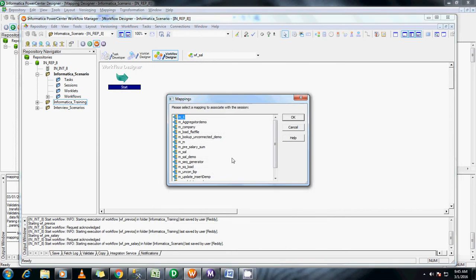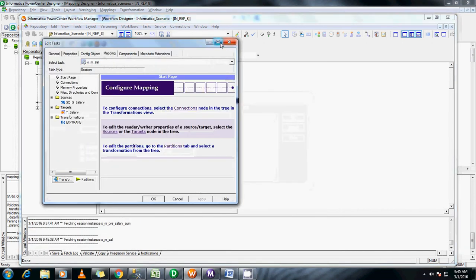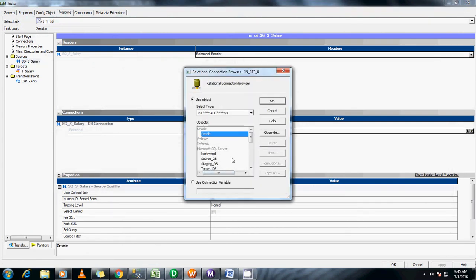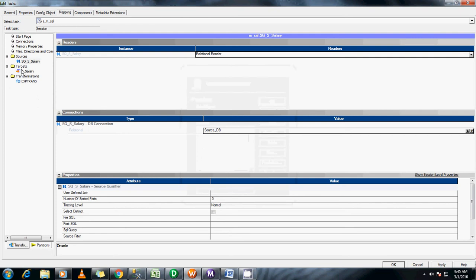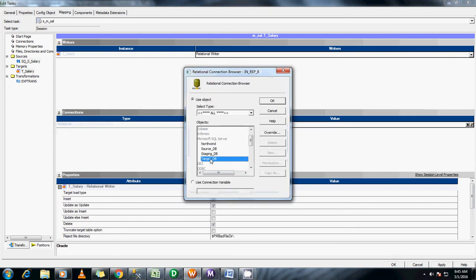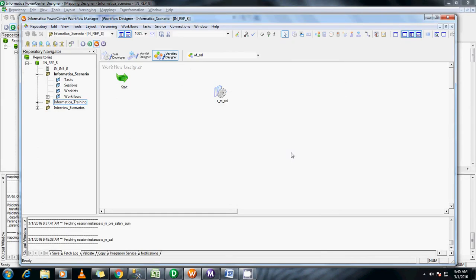Create a mapping. Change the connections to the respective databases. It is the source DB, and the target DB.